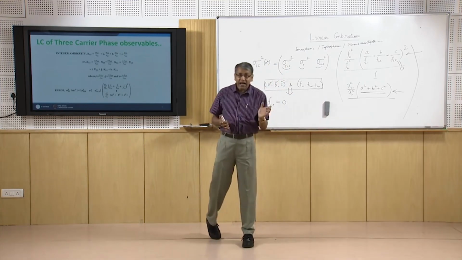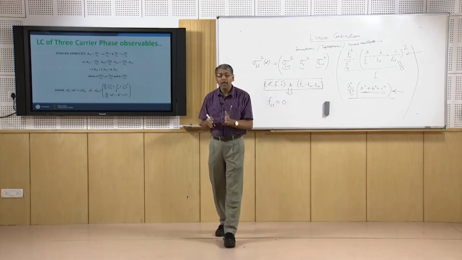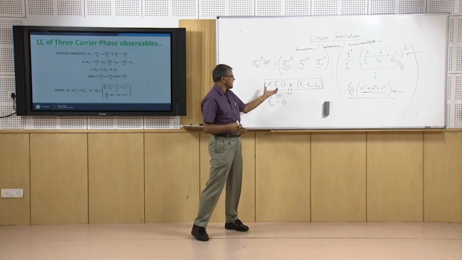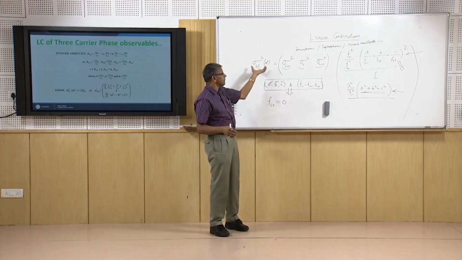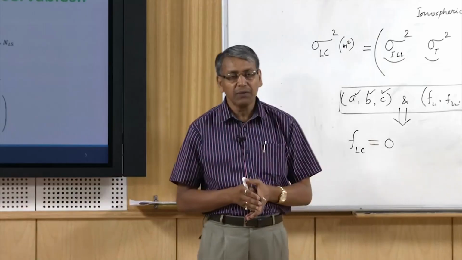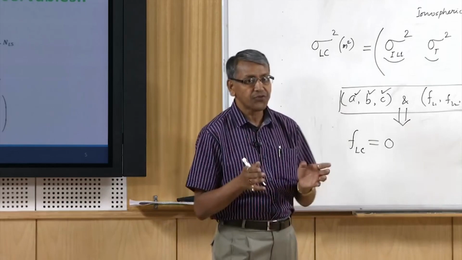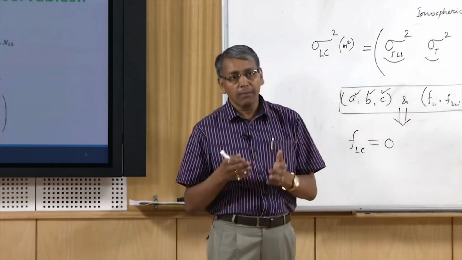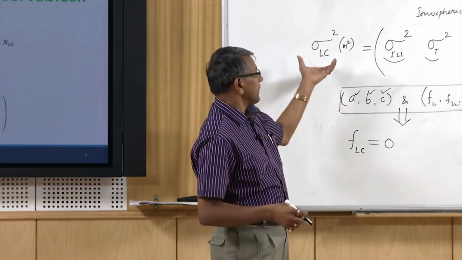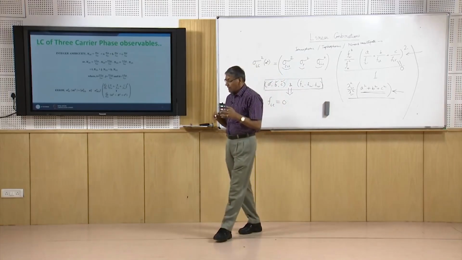Now how to decide the values of A, B, C? The criterion for deciding the values of A, B, C is that the combined error should be minimum, because this is the primary objective of our linear combination: to remove or minimize the error associated with the linearly combined signal. So we have to make this expression minimum, or in some cases